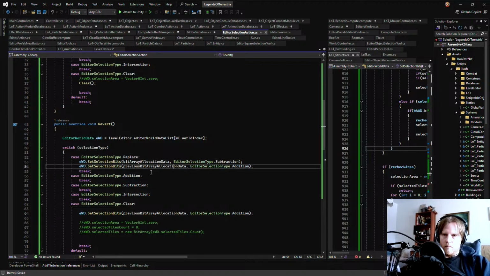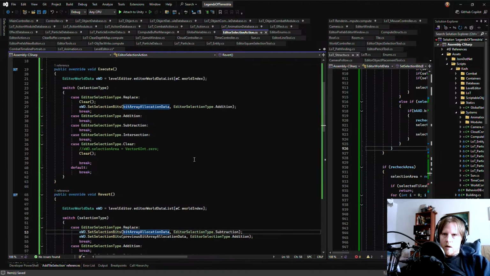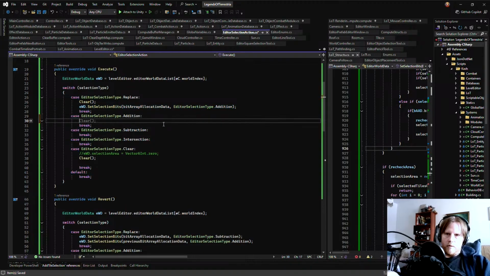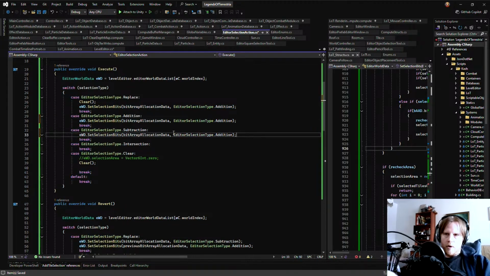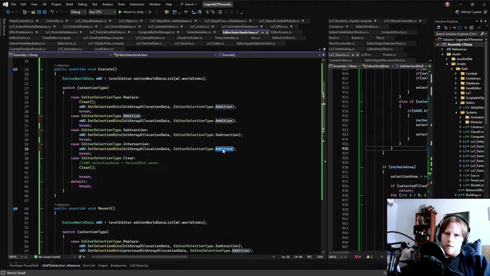There. And then addition is just this. Subtraction is just subtraction. Intersection is intersection.